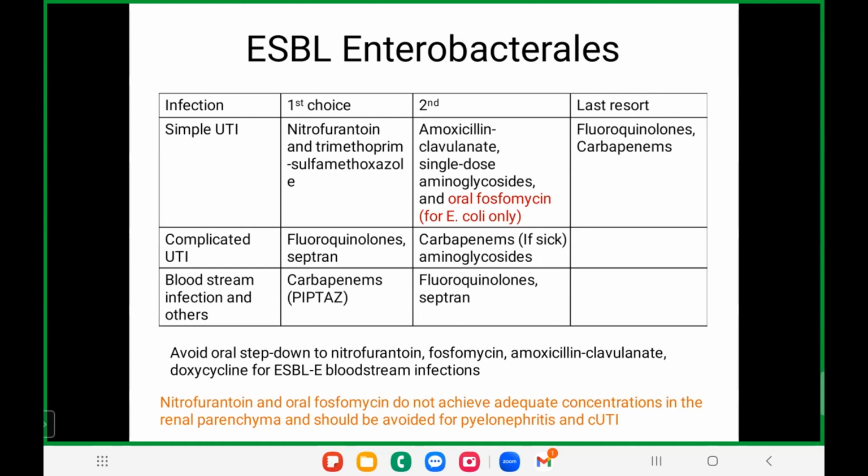what they are telling is if it is a bloodstream infection with ESBL Enterobacteriaceae, go straight away for carbapenems rather than starting on piptaz. And other options you have are fluoroquinolones and ceftriaxone. So this is for ESBL. Because of the extended spectrum beta lactamases, they are susceptible to carbapenems, but you're not going to start carbapenems straight away for simple UTIs and complicated UTIs. Only for bloodstream infections are you going to start carbapenems. And you try to preserve carbapenems as the last resort for simple UTI.